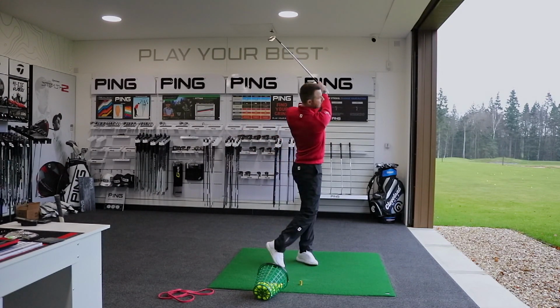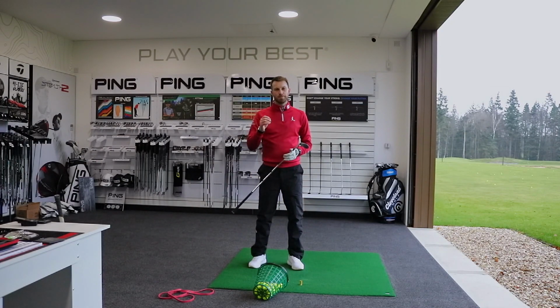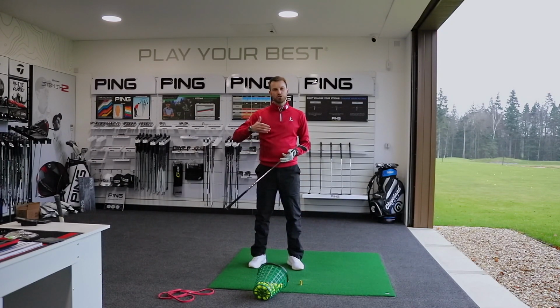As you can tell with this whole routine, it's all about trying to gain structure. So you have to find out what works for you, but you can follow this as a framework and vary the amount of balls that you hit for each section. On top of that, the exercises I've demonstrated are good ones to work across the board, but some of you will find them too challenging or not as